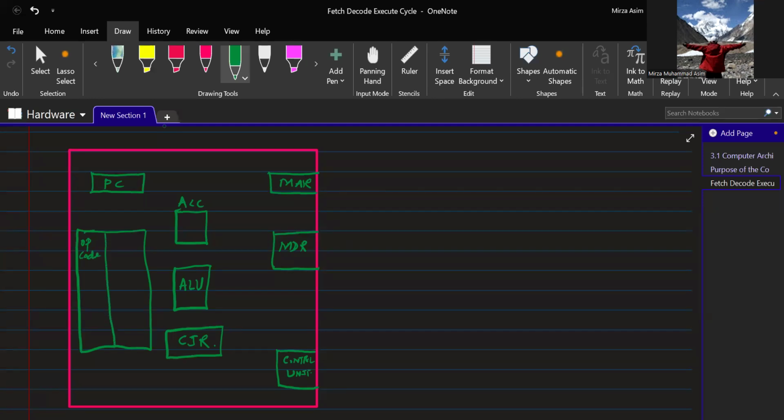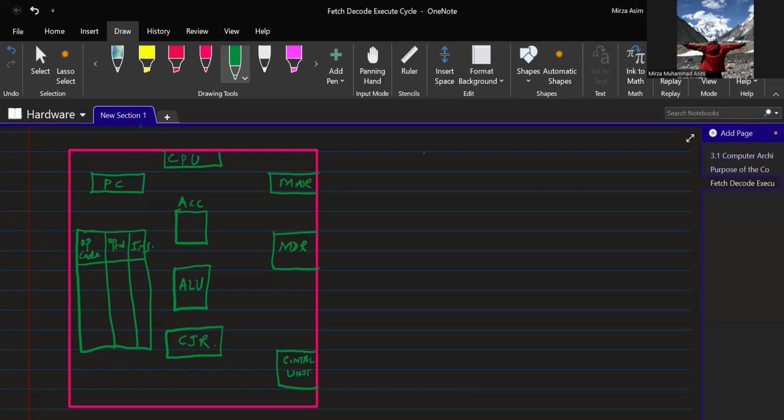You don't need to be confused right now, because opcode and operand are not part of your syllabus. You just need to remember fetch, decode, execute. So that is the instruction, right? Say for example, this is the internal structure of the CPU,